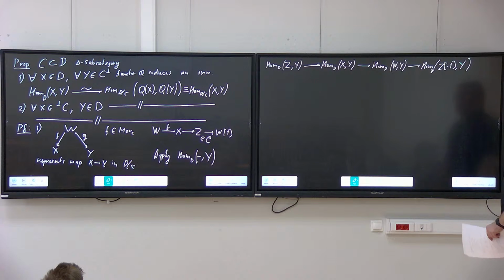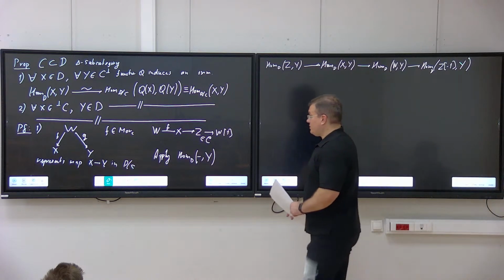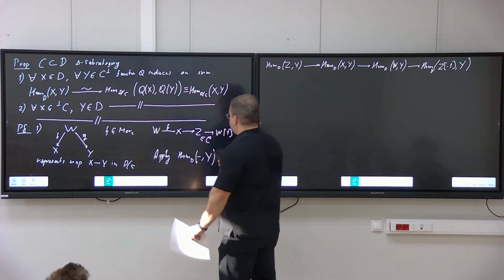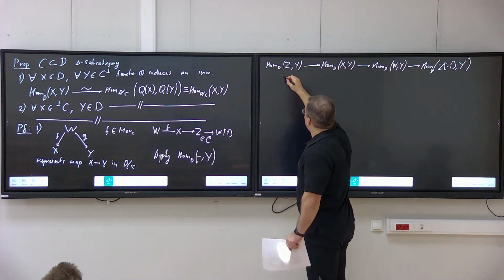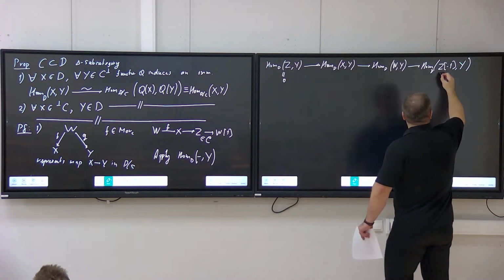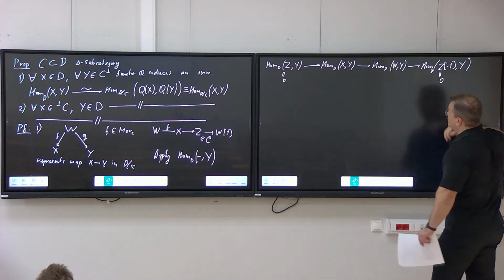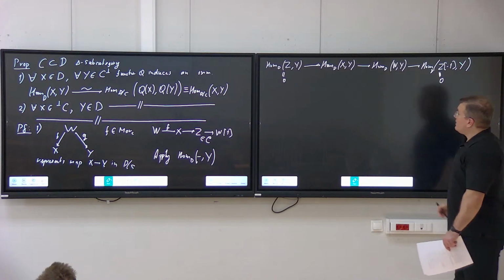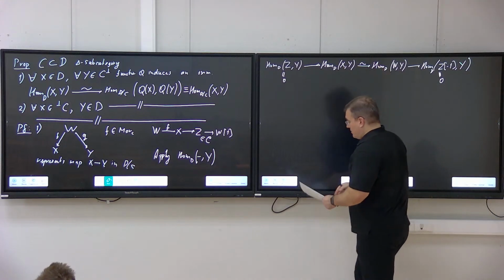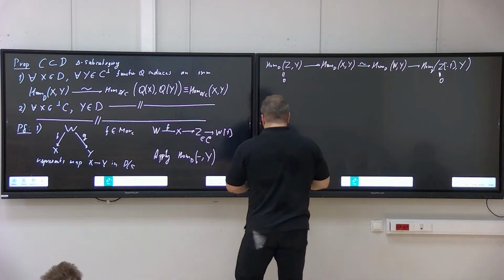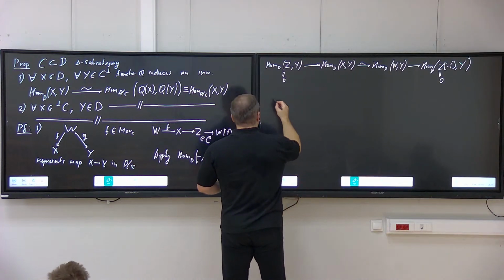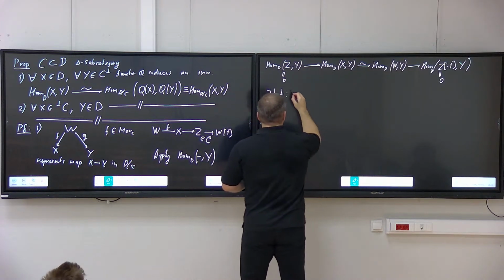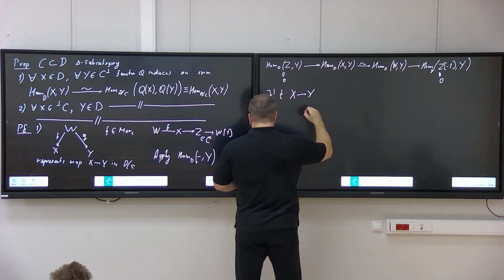So next observation: since I take y in the right orthogonal, z is in the subcategory, so this Hom is 0. And of course by the same reasoning this Hom is 0, because the shift is just again an object in C. So this arrow in the middle is an isomorphism. Hence I can say that there is a unique map T in the category D from X to Y such that